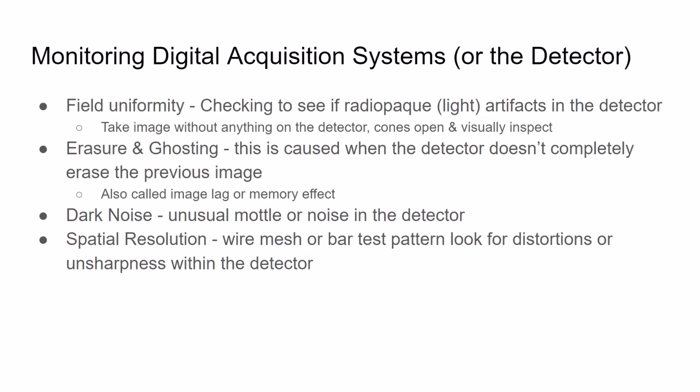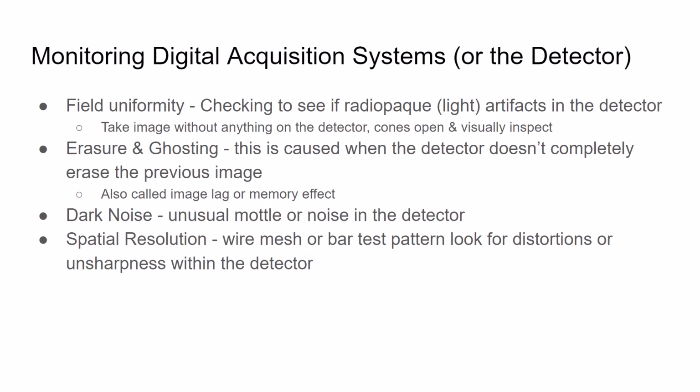Well, digital is referring to the image format, and acquisition, to acquire something, we're talking about the creation and display of the radiographic image. And the system we're talking about includes the detector. We won't get into this too deeply as a lot of this will be covered in physics. Field uniformity testing just checks to see if there's any radiopaque or light artifacts on the detector. To do this, you just open your collimator and expose the detector without anything on it, and you'll see white